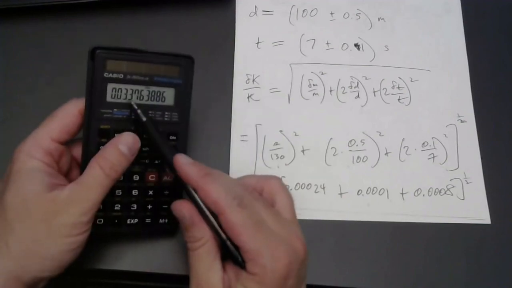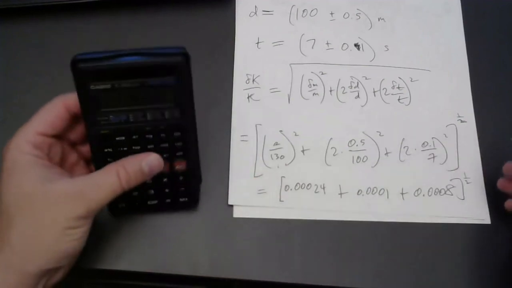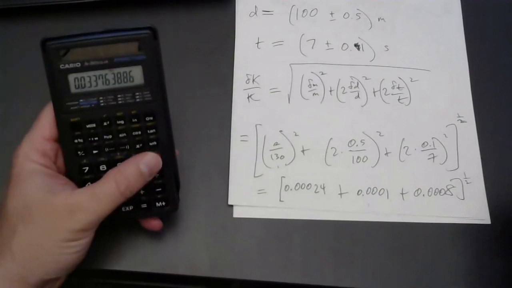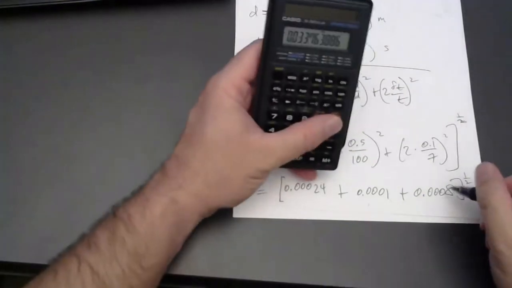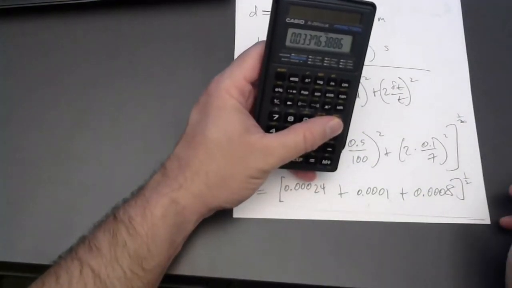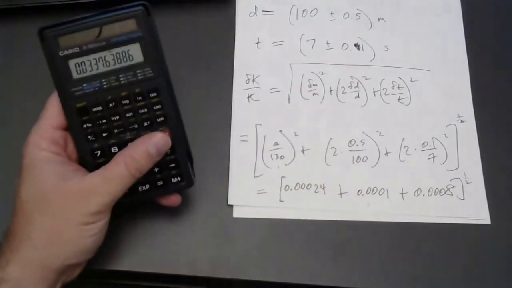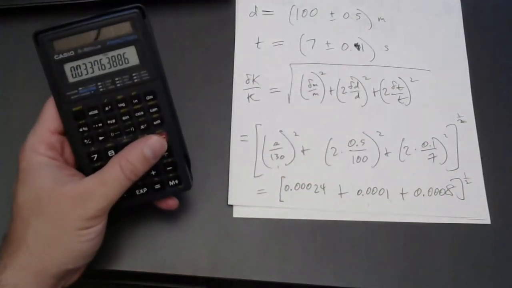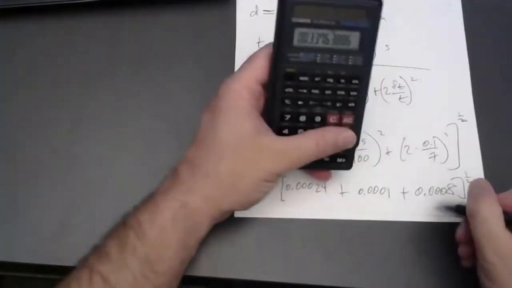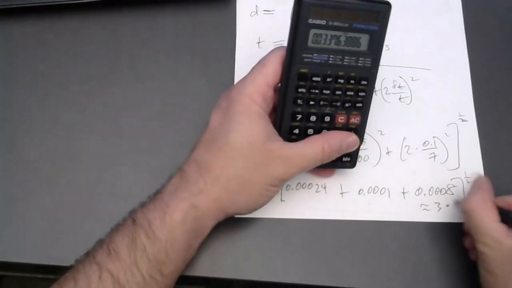Take the square root, I get 0.03, which sounds suspicious. I don't think I did that right. Oh, yes, because I'm taking the square root. Right, the square root of a small number is a number that's not so small. When you square a number less than 1, you get an even smaller number. So if you take the square root of a number less than 1, you should get a number that's not so small. So this is about 3%